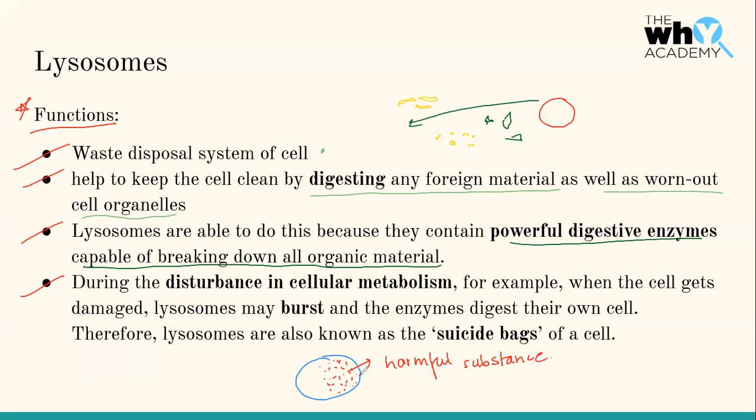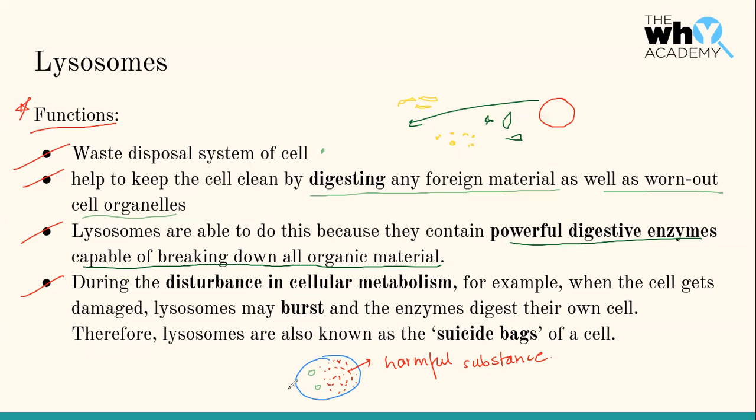If there is such a large concentration of it, instead of wasting time digesting each and every thing, which would take a lot of time while the cell would be in constant distress,